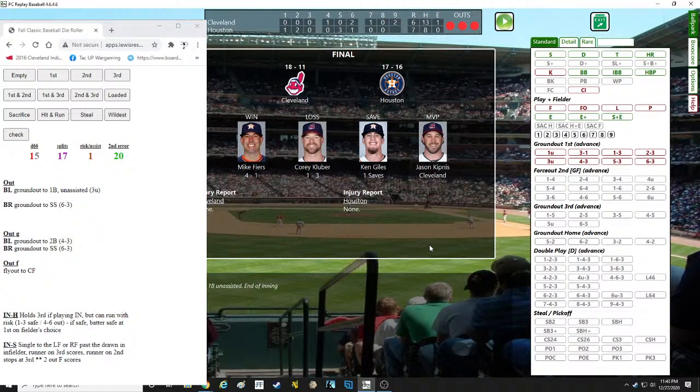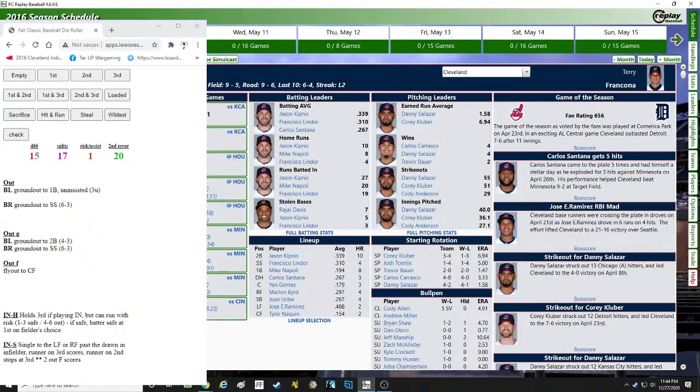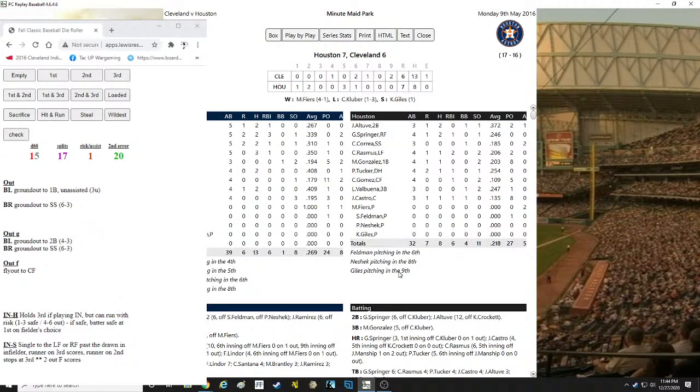Mike Fiers improves to 4-1. Corey Kluber drops to 1-3. What is wrong with Corey Kluber? What happened? Ken Giles will get a save, and Jason Kipnis, once again, even though he's on the losing side, he is MVP. And we will go ahead and auto-play the rest of the games from today. We have got to see the results of the box score on this one, because I believe...